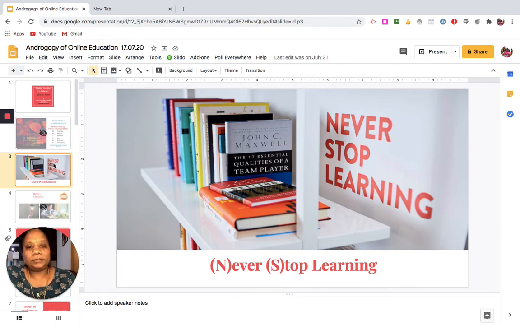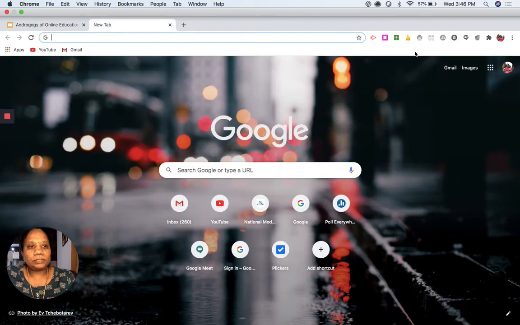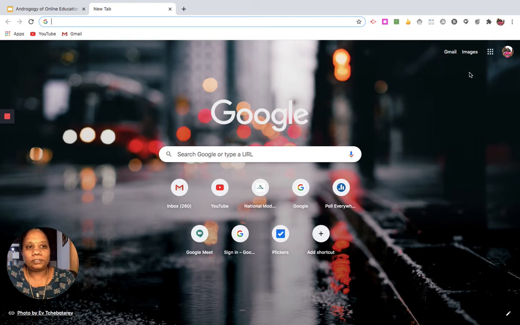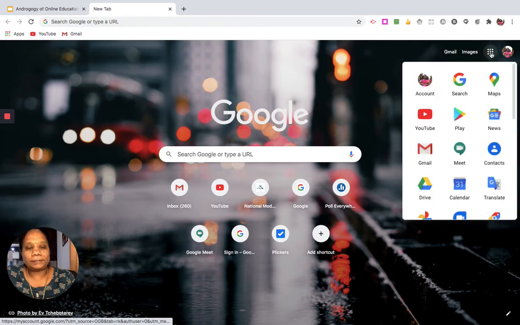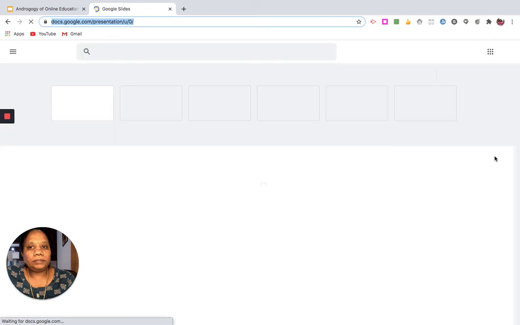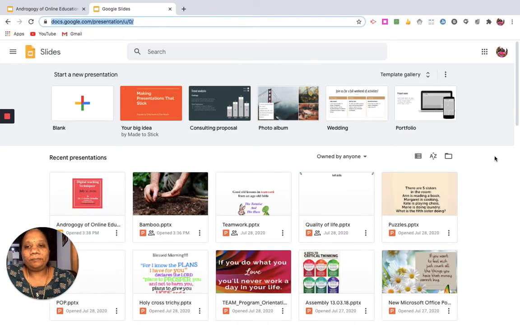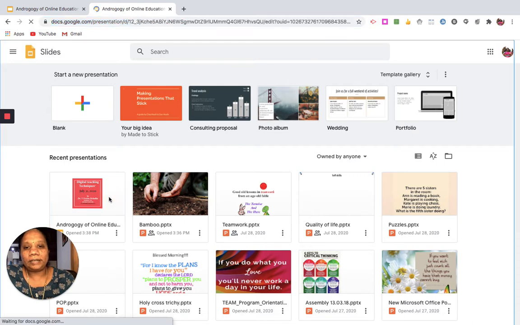Okay, so let's see how to start using that tool. As I told you, it's an add-on. So all that you have to do is go into your Google account. Let me just open a fresh one and show you. Just go into your Gmail account, log in, and you will have your Google Apps, isn't it? Click on the Google Apps. When you click on the Google Apps, you will be able to see Slides, isn't it? So please open your Google Slides. And this is how you prepare slides and then you project it to the students in the class, isn't it? So in the same way, just open any one Google Slide, okay?